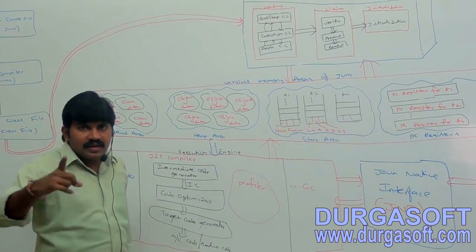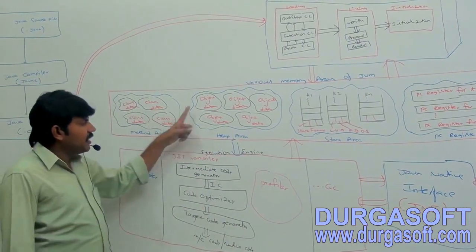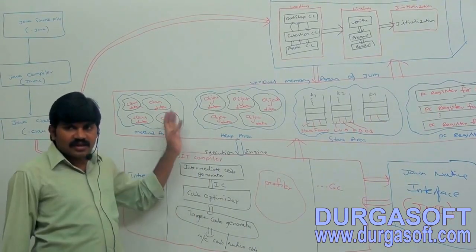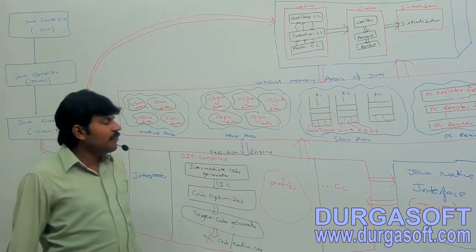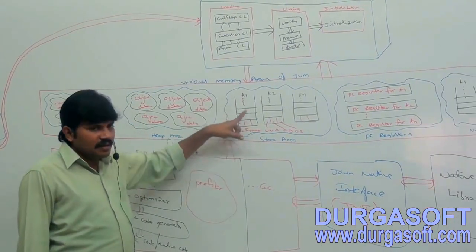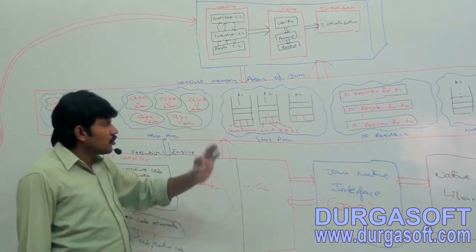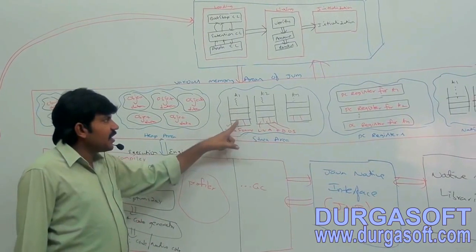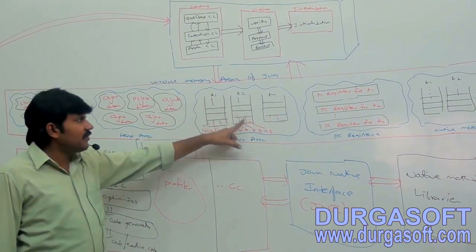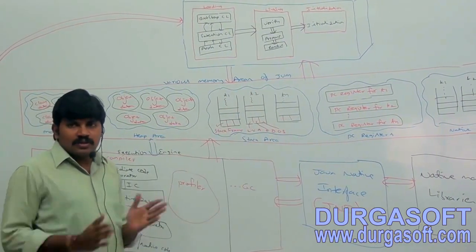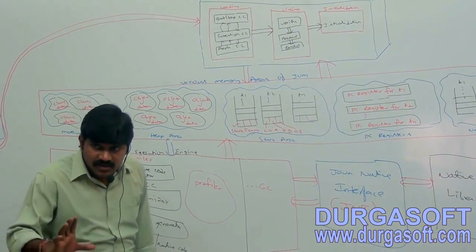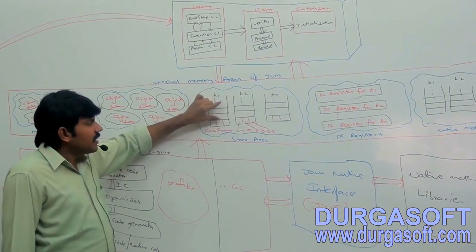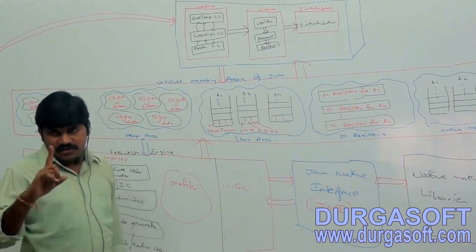That's why the data which is stored in the heap area and the method area is not thread safe, because this data can be accessed by multiple threads. But for every thread a separate runtime stack is there. The data which is stored inside stack memory is always thread safe, because this data is available only for T1. This data is available only for T2 but not for others. So the data which is stored in the stack can be accessed by only one particular thread. That's why the data stored in the stack area is always thread safe.